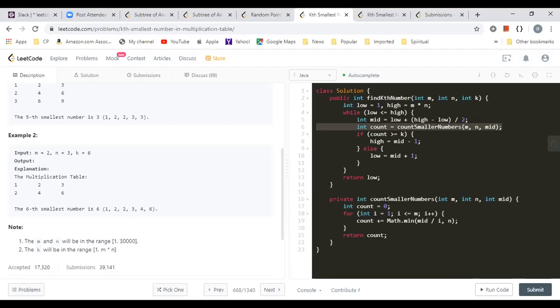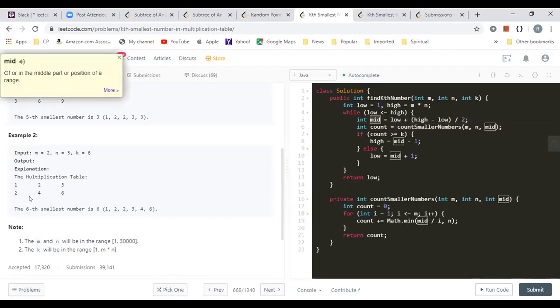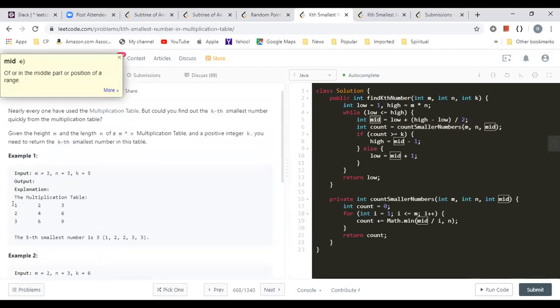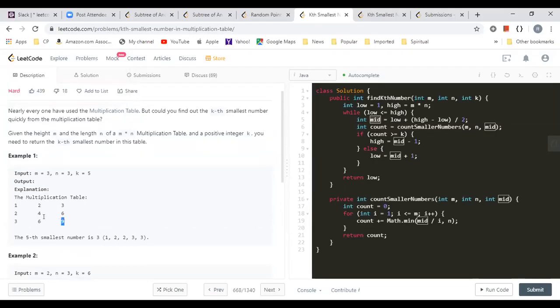I will try to explain this in this particular question. And luckily, I had solved another question on the same pattern just one day back, so I will share that too. So, okay, we find any element like mid. Suppose my range is from 1 to 9, and I'm searching for the fifth element. Suppose I have found the fourth element; I will count how many numbers are smaller than this number.